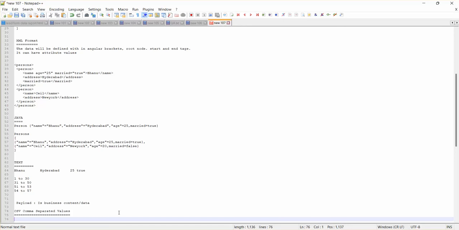Okay, comma separated values can have a heading. For example, it is the name, comma, what is the address, comma, age, comma, marital status. Okay, now